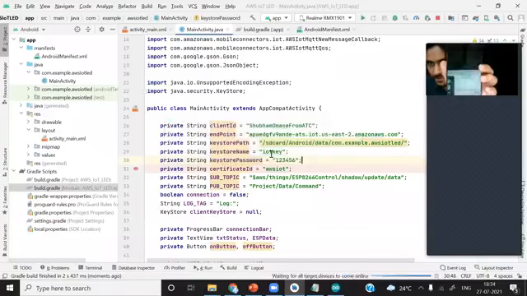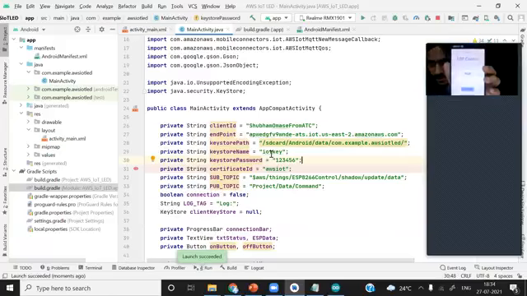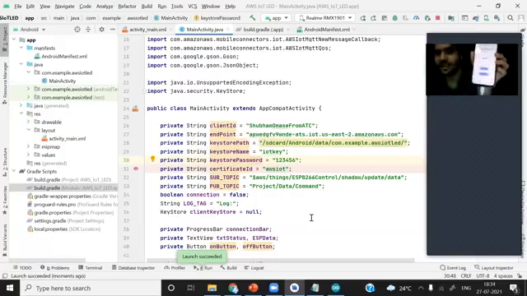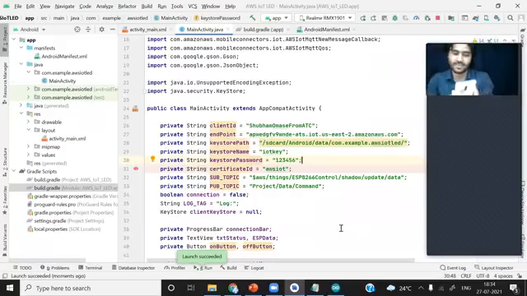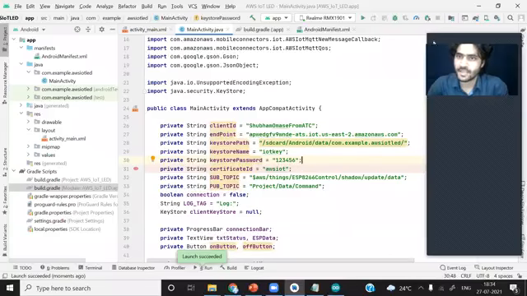I'll terminate this one. Now you can see it shows connecting and it gets connected. This was the second method. You can add the key store in your smartphone or Android application to connect with AWS IoT.